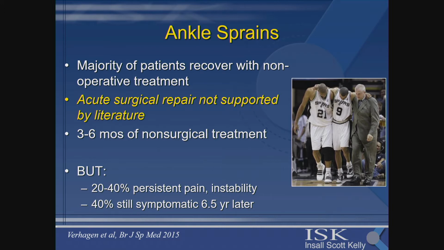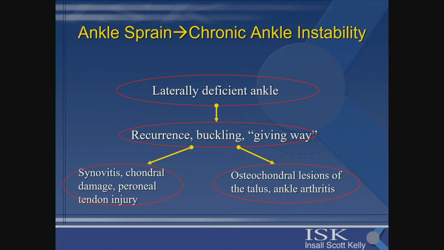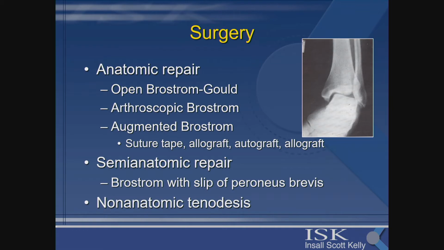Unfortunately, though, still 20 to 40% of the time, patients can have persistent pain and instability. One study even showed 40% of patients sometimes can still be symptomatic 6.5 years later. And this is what we're worried about: if you have developed chronic instability, your ankles will be deficient laterally or medially. You can develop persistent recurrent injuries, buckling, giving way, that can lead to persistent pain and also potentially arthritic changes. So eventually, if you fail non-operative treatment, surgery is indicated,